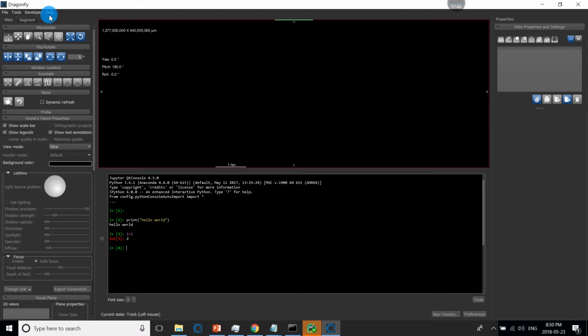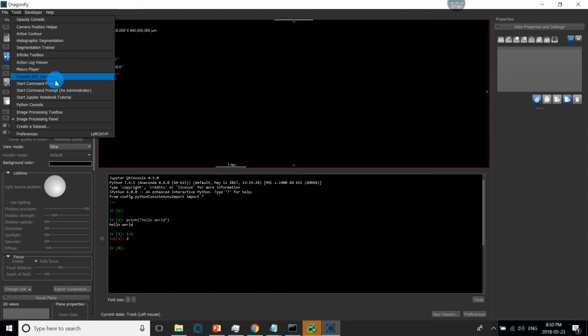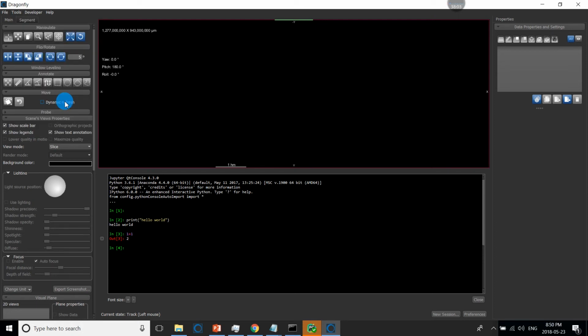You can do simple math, like 1 + 1, and it gives you the answer 2. So this is the basic Python console. It's in Tools, Python console.